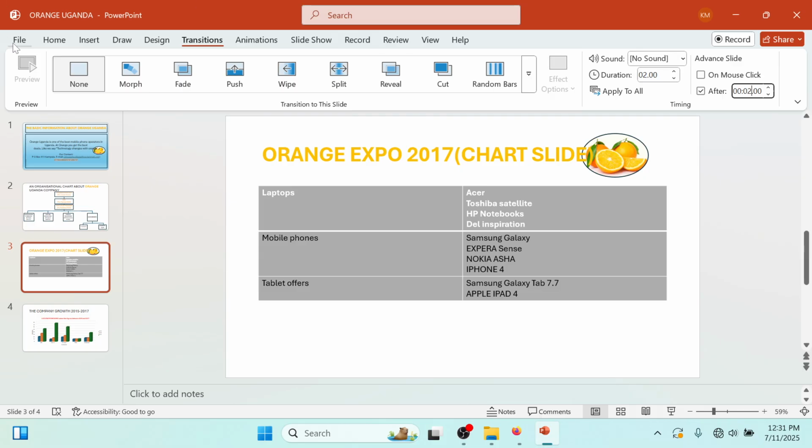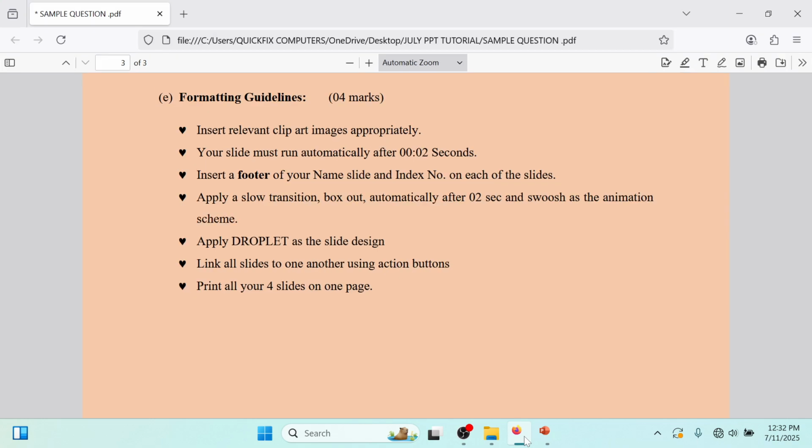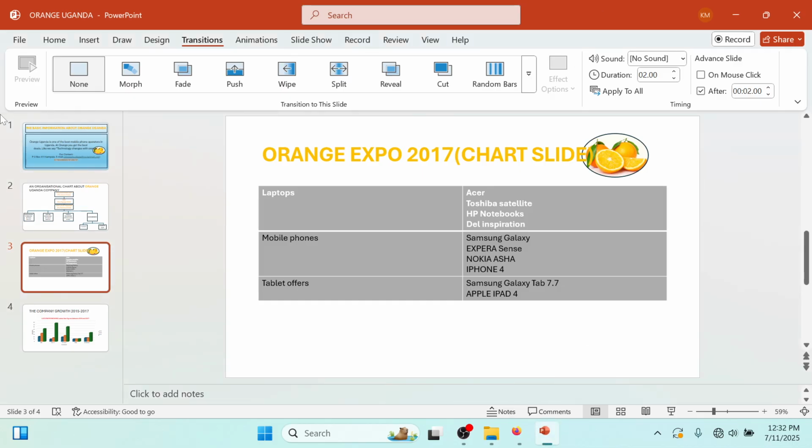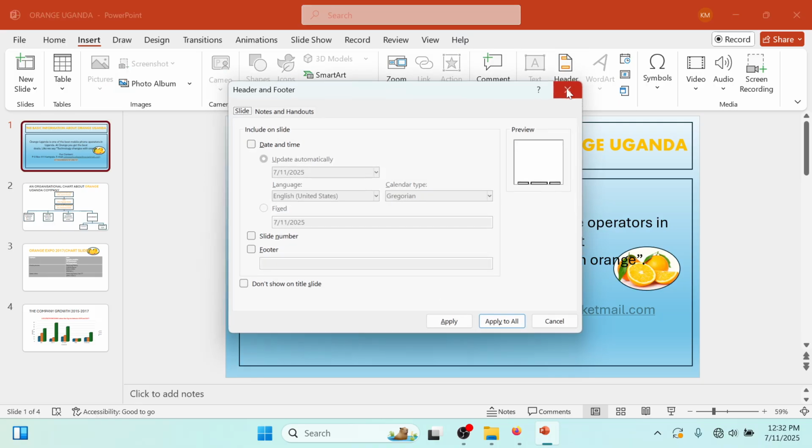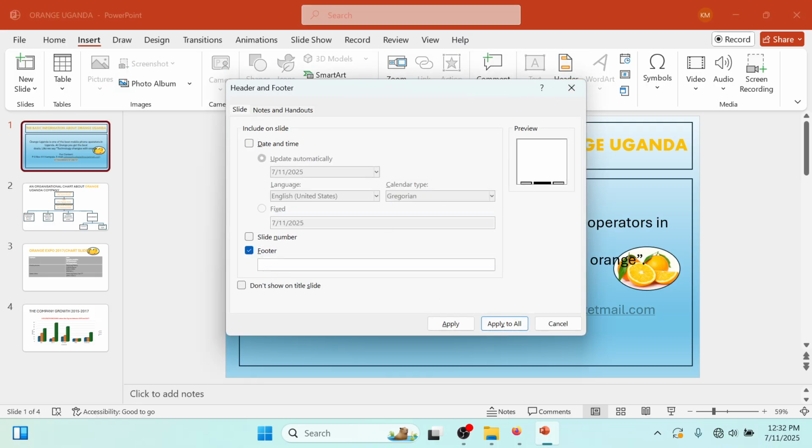Insert a footer of your name and slide and index number, something like that. It's what I'm saying here. Insert a footer of your name, slide and index number, and the number of the slides. Let me just put a footer. Under footer, let me put a footer at my work. Insert headers and footers. Tick footer, a name,